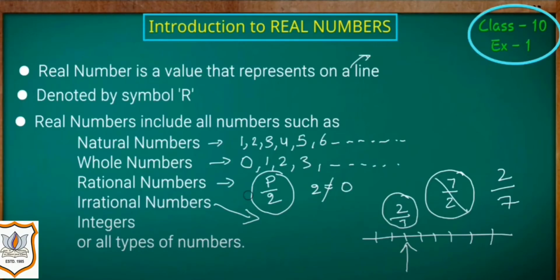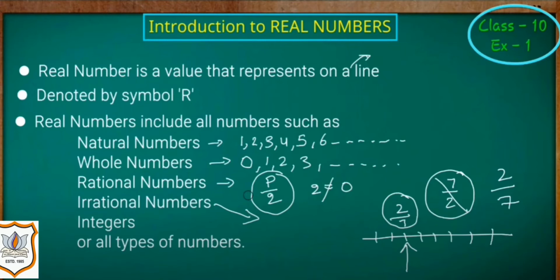Real number. Introduction to real number. What is a real number? A real number is a value that can be represented on a number line. It is denoted by the symbol R. Real numbers include all the numbers such as natural numbers, whole numbers, rational numbers, irrational numbers, integers, and all types